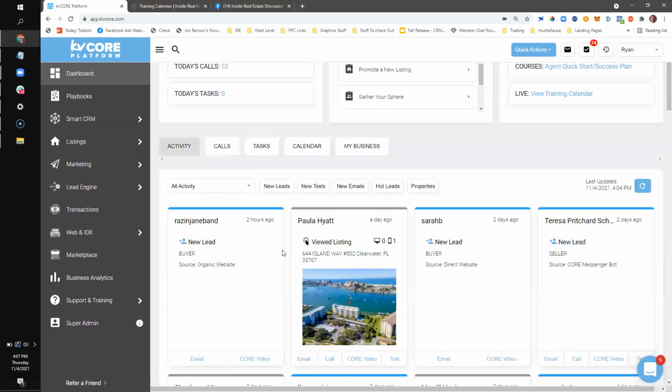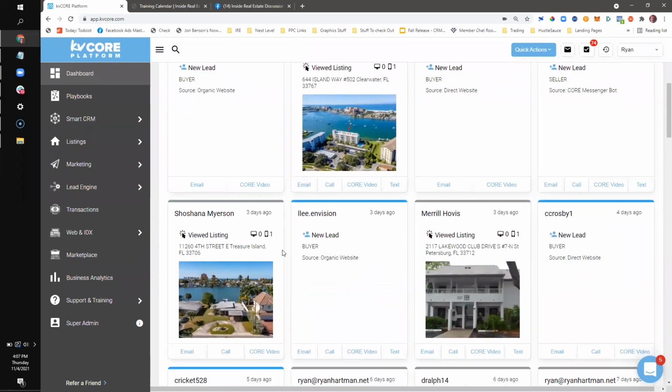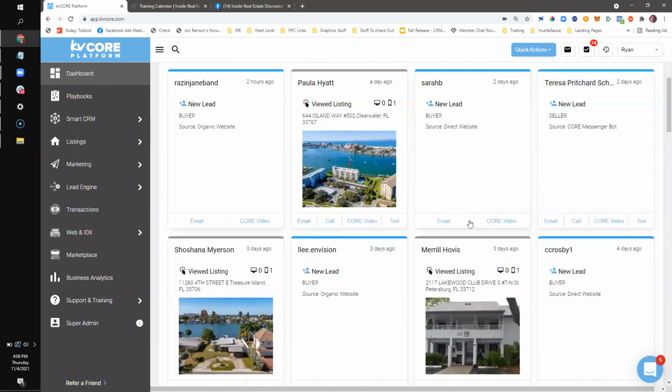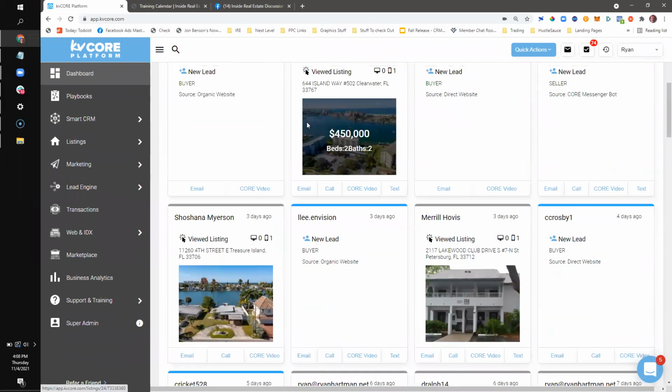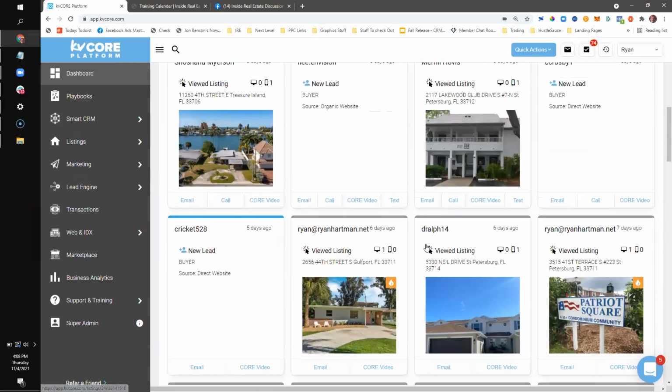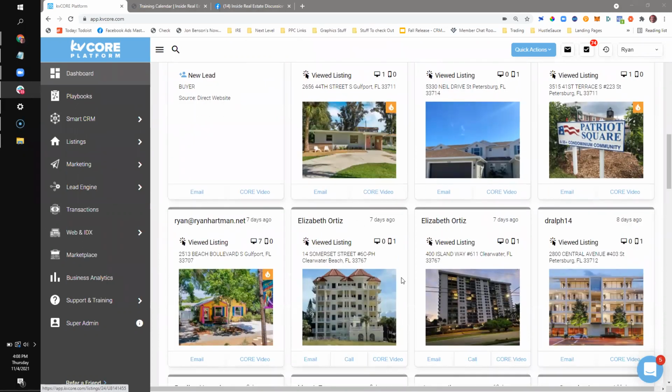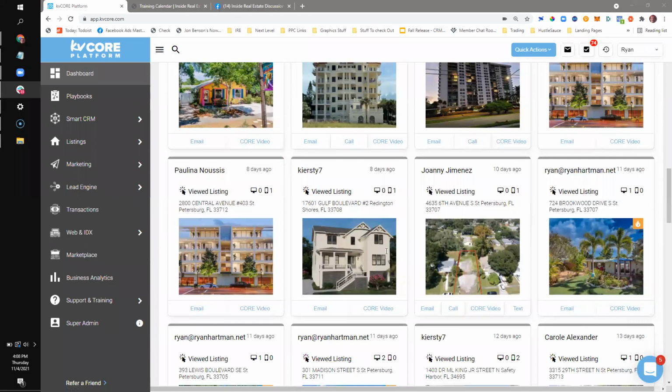Another big thing with the activity stream, a lot of us work with lenders, and they can see this. A lot of times lenders might not have the bandwidth to work the full system. But if you show a lender this and say, hey, all I want you to do is hang out every day in the activity stream and maybe reach out to people and offer them financing specific to the type of listings they're looking at, it's a simple game plan. Especially with the fact that you can just hover over it and they can see the price point and get them pre-approved. Or they see it's a condo and they have a program for condos, or they see it's a jumbo mortgage, because it's an $800,000 house or whatever it might be.